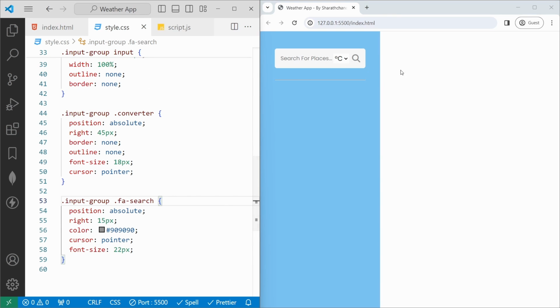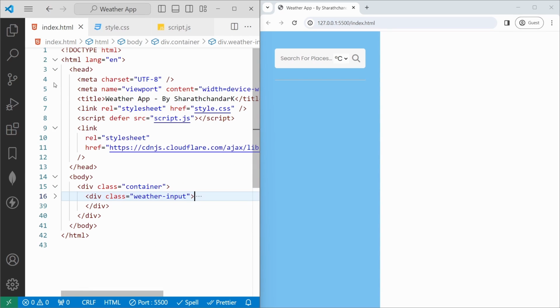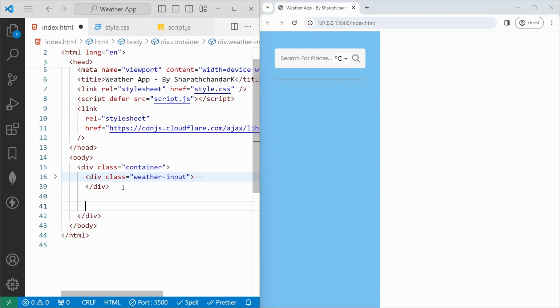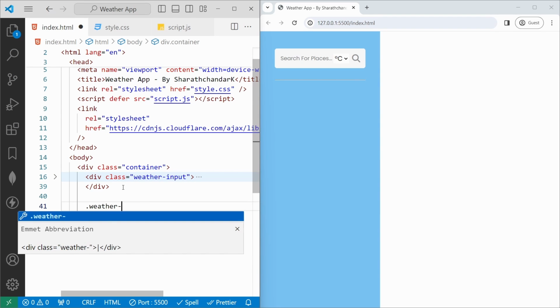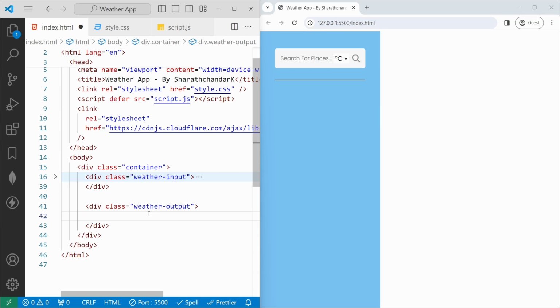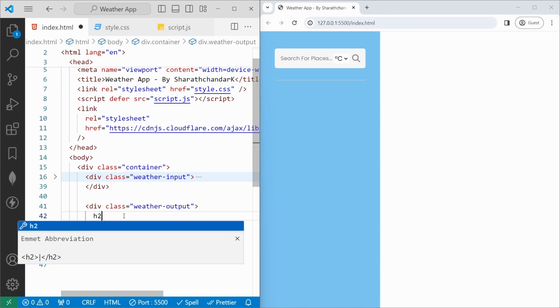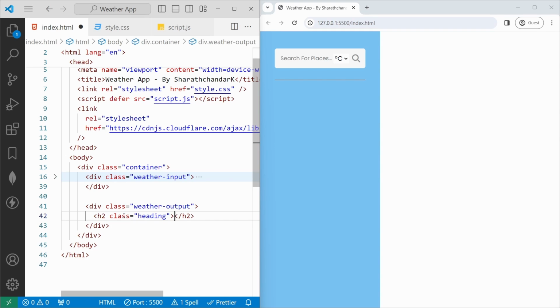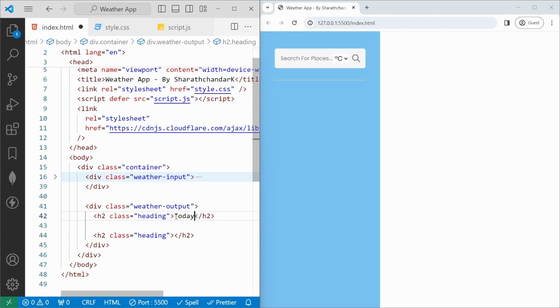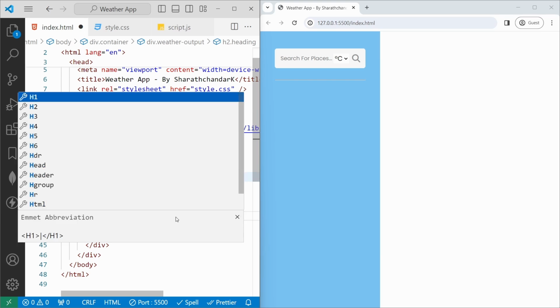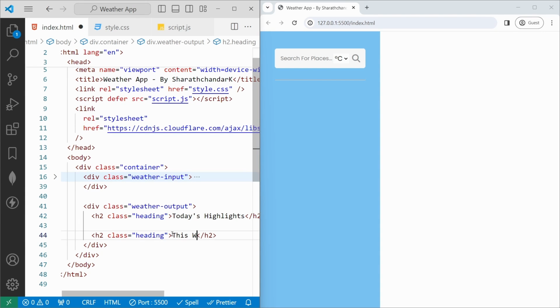Now we need to add the right side, weather-output. So for that again I will jump to the index.html here. Next to this weather-input I will add one more element, weather-output. If I hit enter, it will create a div tag with a class attribute with the value of weather-output, and then inside that I'm going to add the h2 element here with the class value of heading. If I hit enter, it will create one heading, and I will copy this and paste it below here. For the first heading I will mention today's highlights, and then the second one as this week, and then